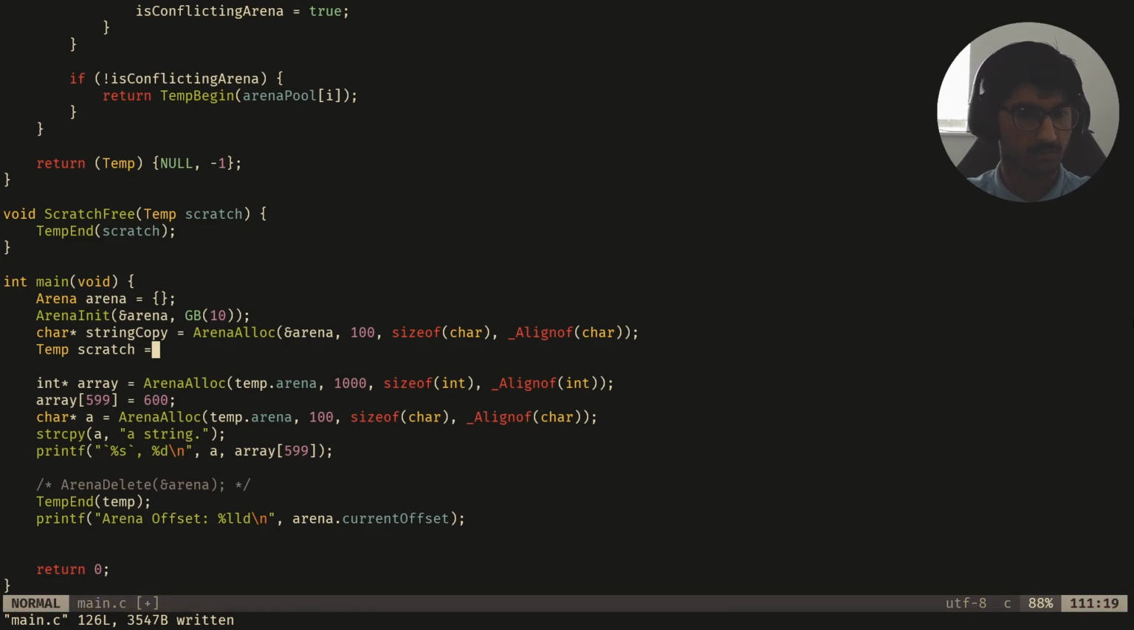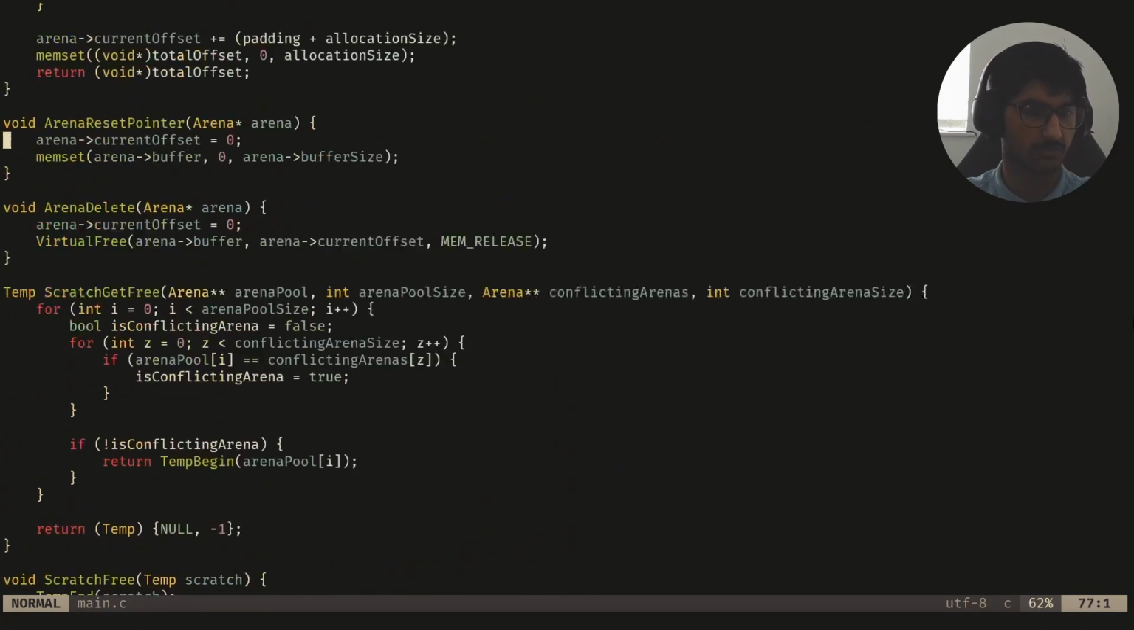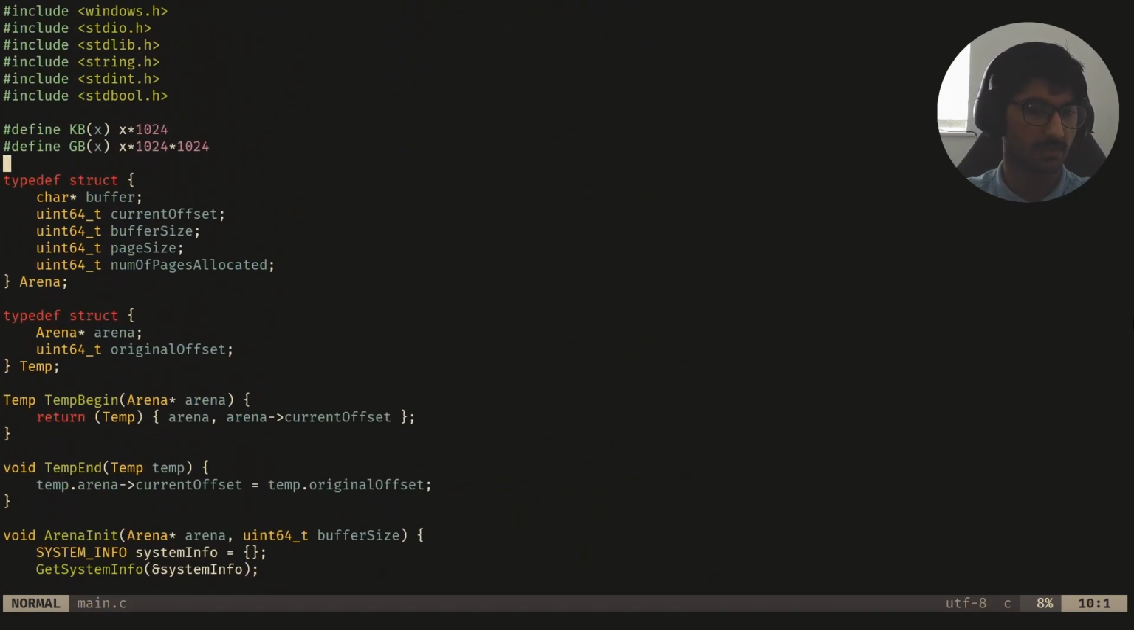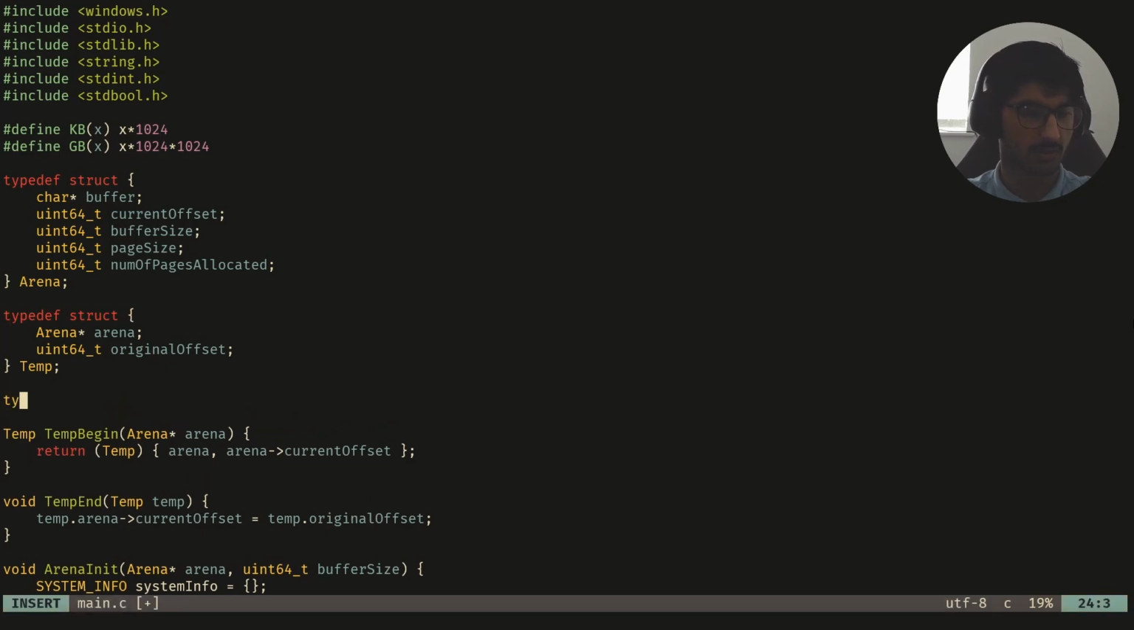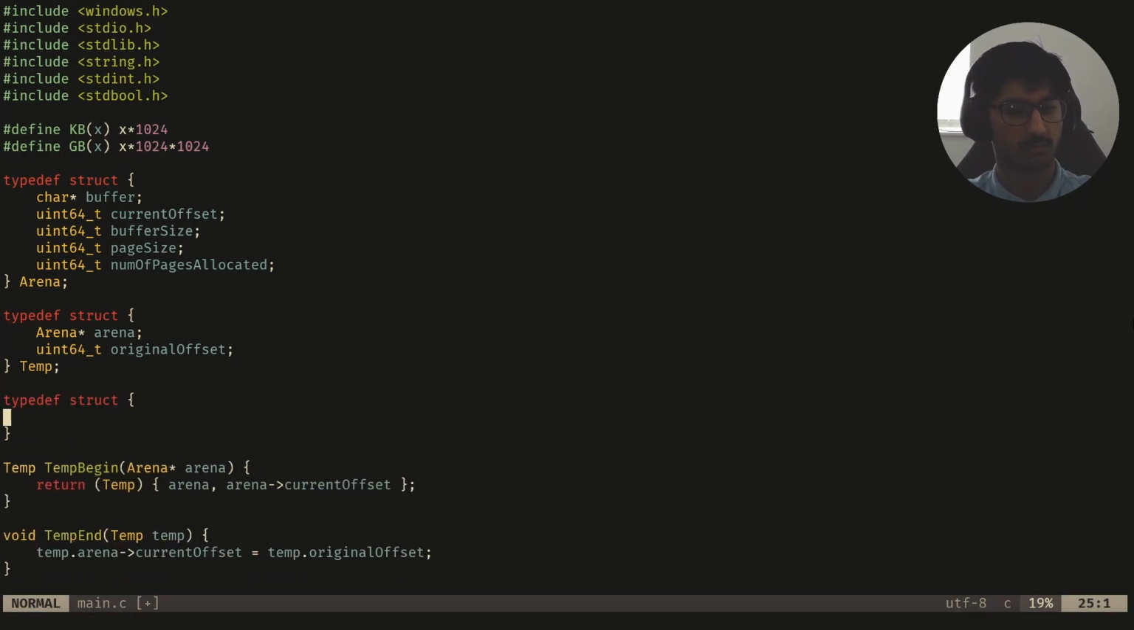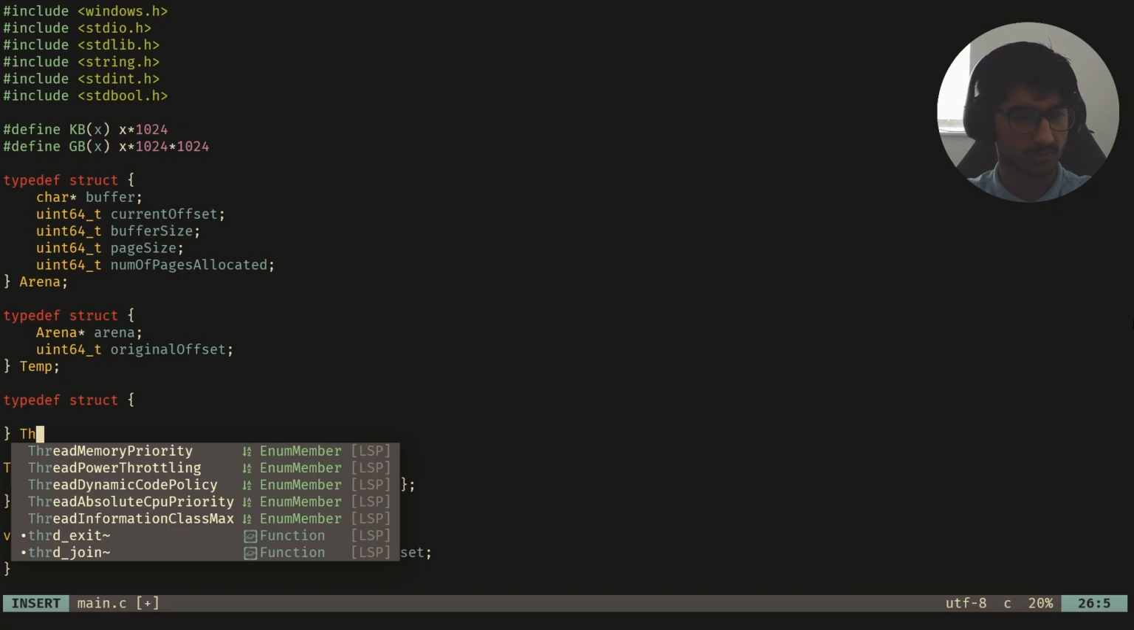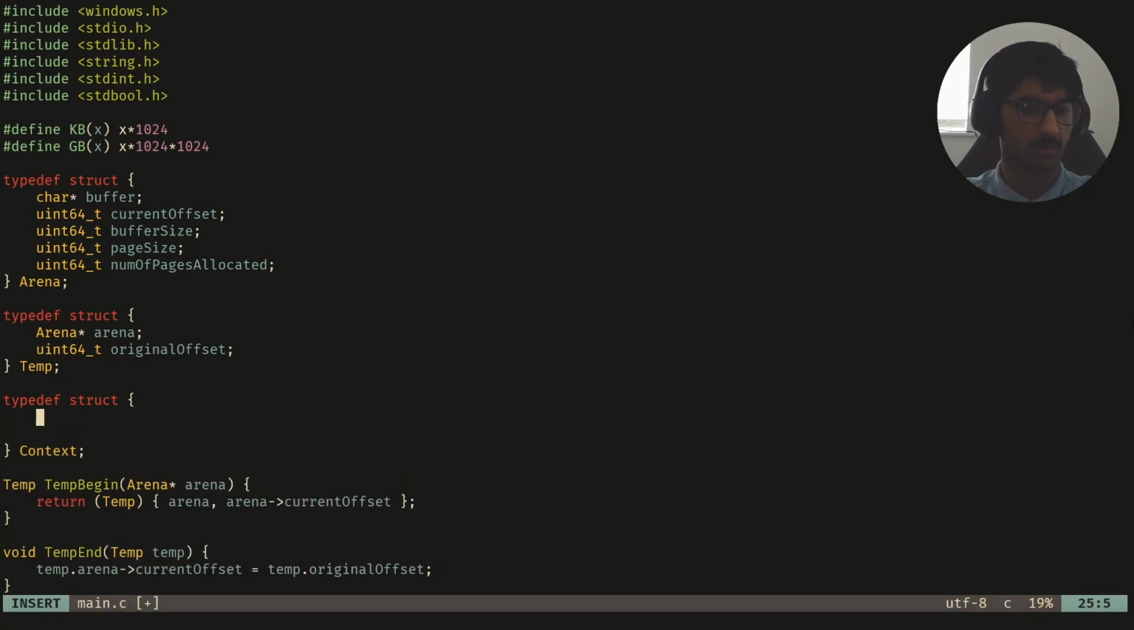So we're going to have to, actually before that, I have to create a struct here. I call it thread context, or context. The way this works is that each thread is going to have a global variable called context, and it's going to contain at least 2 scratch arenas, and then we can add other stuff we need to. The reason I created this global variable is because we have to create some macros to make it easier to